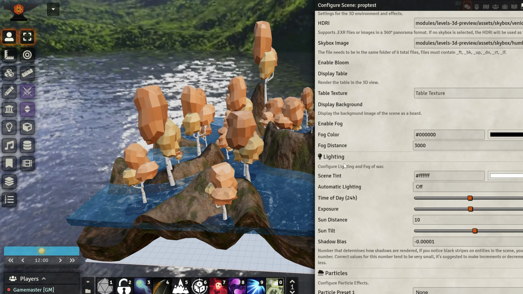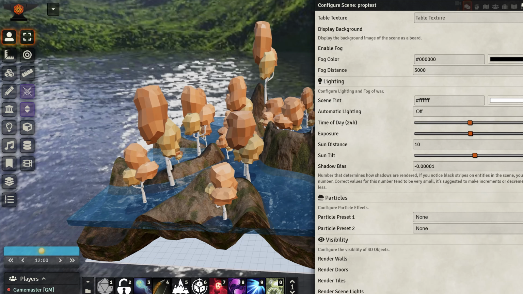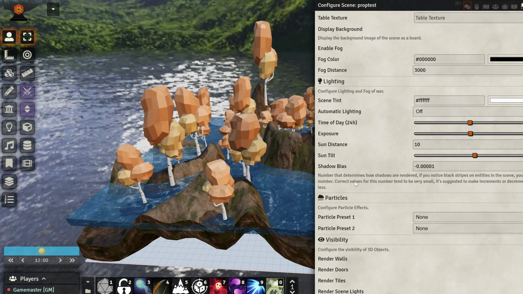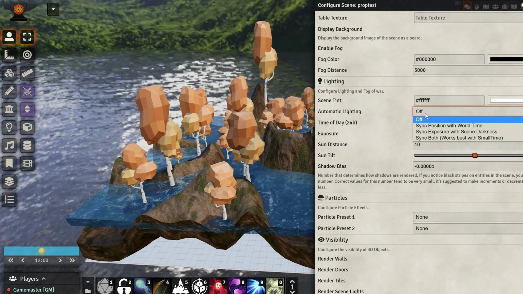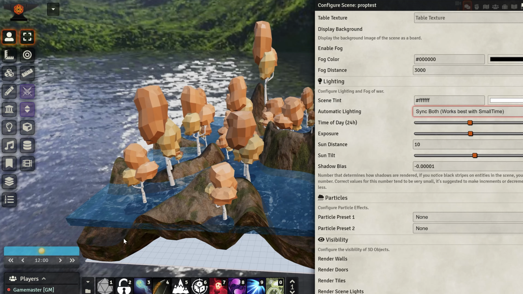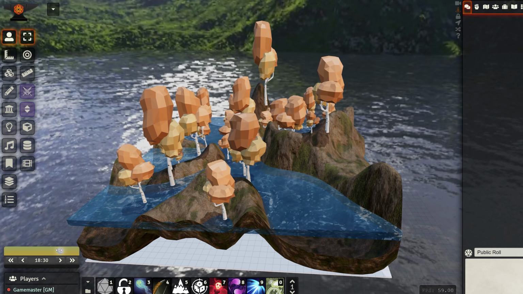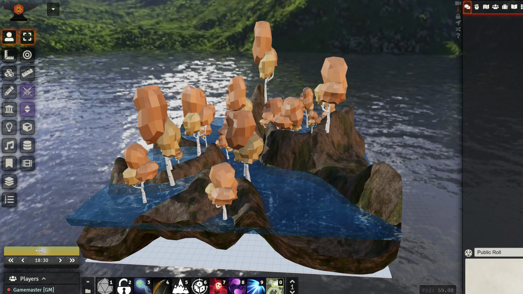We also have some extra stuff that you can find in here. For example, you can tilt the sun now, so the shadows are not always horizontal. And you can set the sun distance if you want. A new thing is we have the automatic lighting that now should work better. So let's try the sync. So this, I'm using Small Time, and when I change the time of day, you can see that it changes